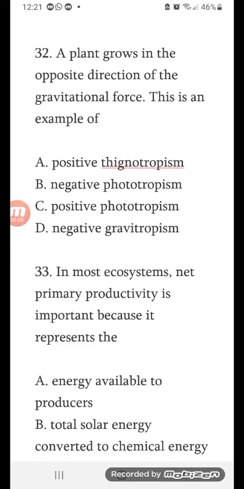In the opposite direction of the gravitational force. This is an example of negative gravitropism. Positive gravitropism is seen in plants that grow next to buildings. So negative gravitropism: roots that go the opposite of gravitational force. So